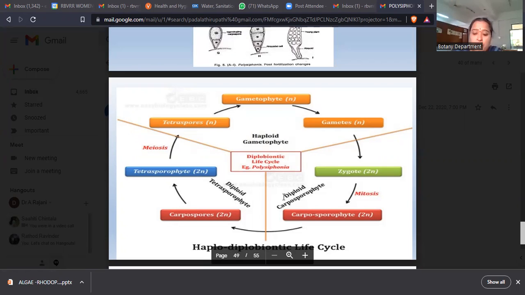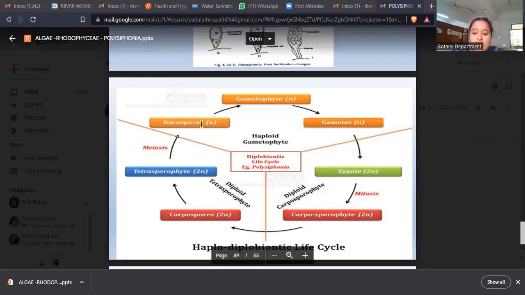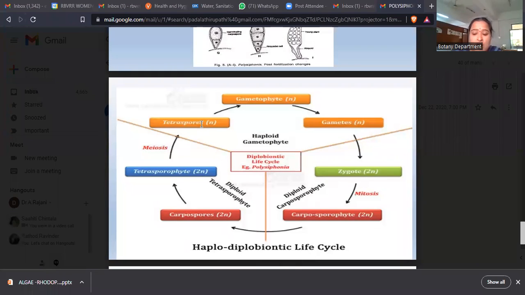From the diploid carpospores of the carposporophyte germinates the tetrasporophyte. In the tetrasporophyte, sporangia are formed. Each diploid tetrasporangial cell undergoes meiosis to form 4 haploid tetraspores. These tetraspores germinate and give rise to a haploid gametophyte. The total Polysiphonia